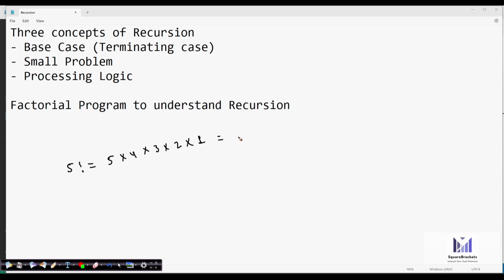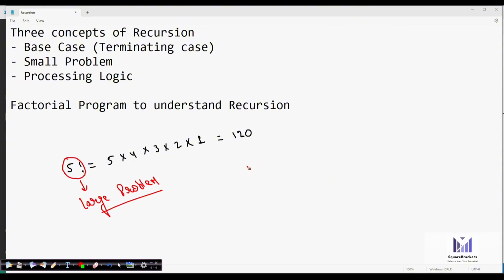Whatever the answer is, that is the factorial of 5. Simple enough. Now, finding the factorial of a number is a large problem. So you need to break down this large problem into a small problem.